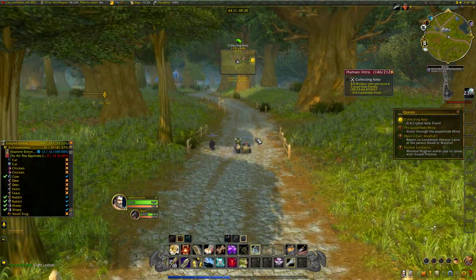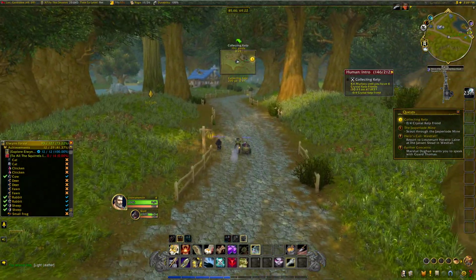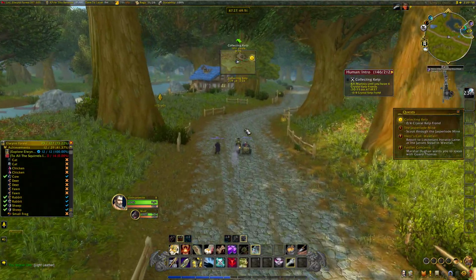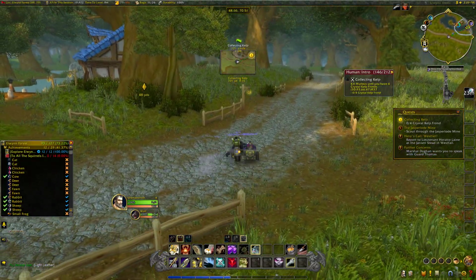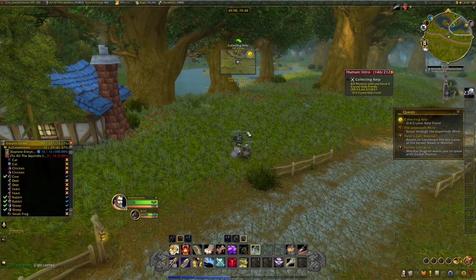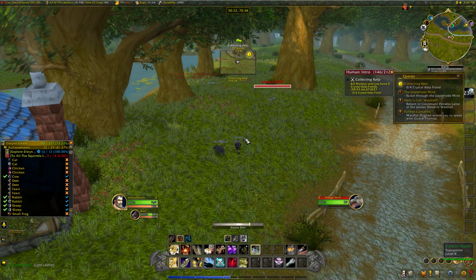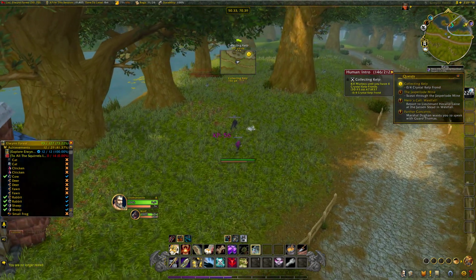So we're going to head on down this way. Another feature that the hunters have is you can stable your hunter pets. So if you're wanting to get a collection, they used to have it where certain pets would give you certain abilities, and then there's a skill you unlock to get exotic pets. And the exotic pets will usually have special little passives or abilities on them that you can use